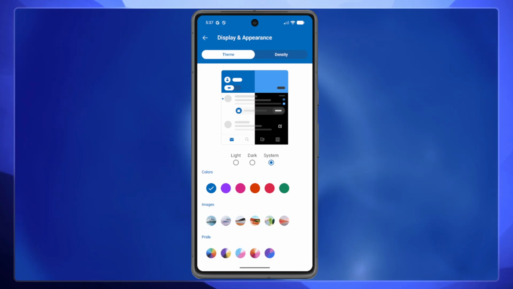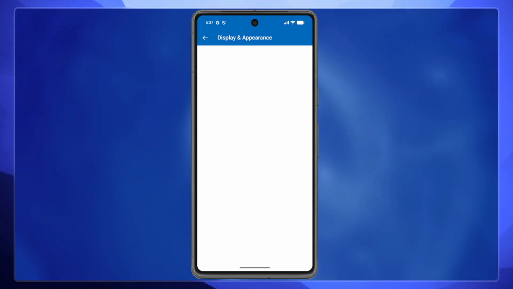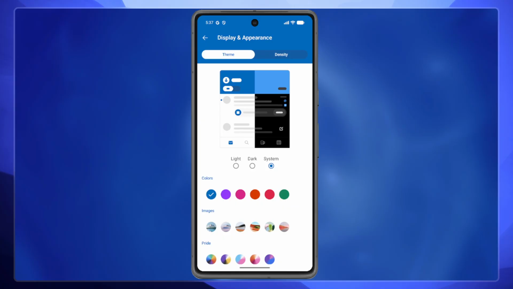Within the display and appearance settings, you'll see several options for changing the default color and theme. Browse through the listed options and select the color scheme or theme that appeals to you most. These themes can dramatically change the overall look of your Outlook interface, making it either darker for nighttime use or brighter for daytime viewing. Next, to adjust your default font size, look for the Density tab within the same display